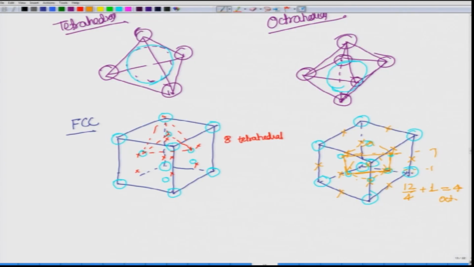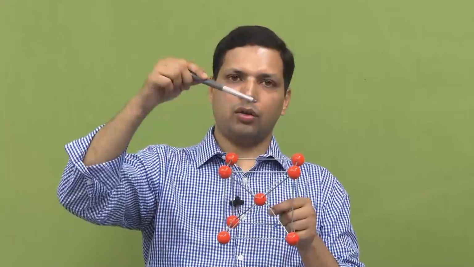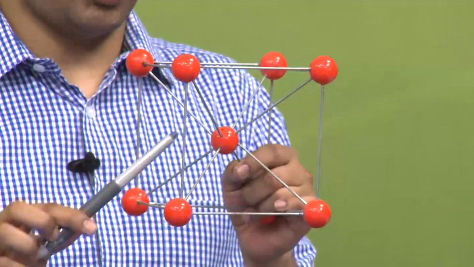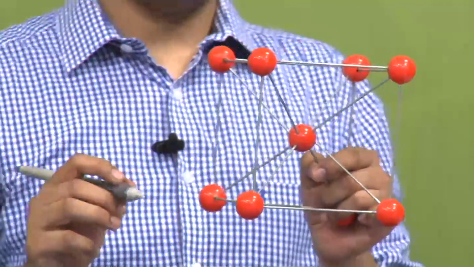Okay. So, now let us go to the BCC structure. I will take the other atom over here. Now, first let us look at where the tetrahedral void is. So, the first thing that I want to identify is the tetrahedral void. Let us look at 1 atom, 2 atom, 3 atom, and then imagine the base BCC, the body centered atom on top of it. Now, this is a straight simple BCC. Here the 2 atoms are not shown different, it is simple as it should be. So, all the atoms are the same color. This is a real BCC.